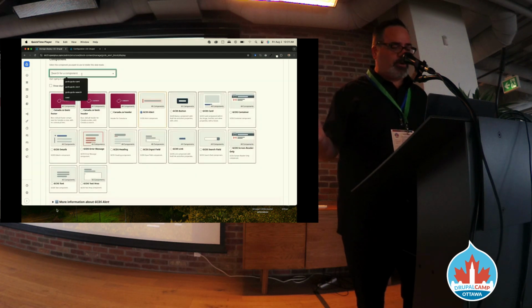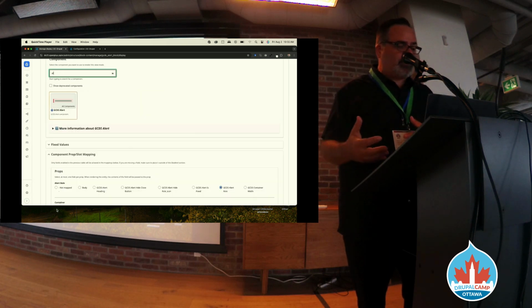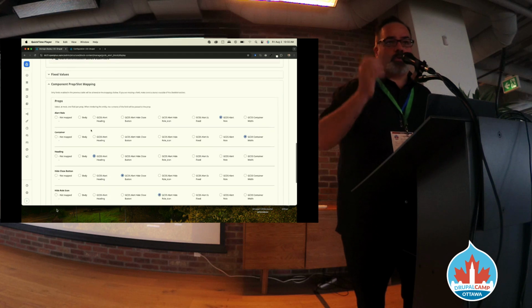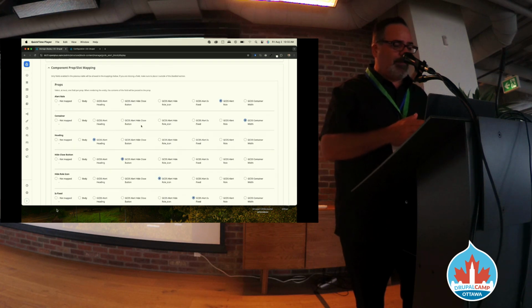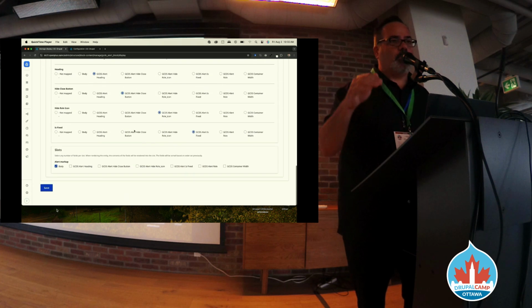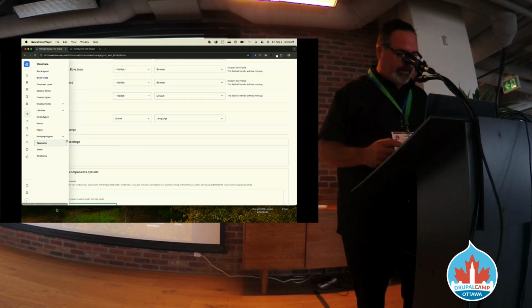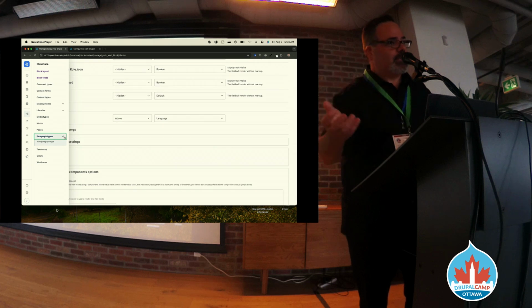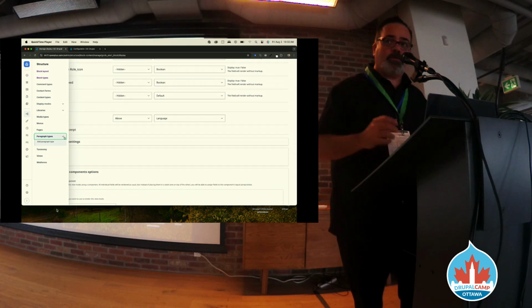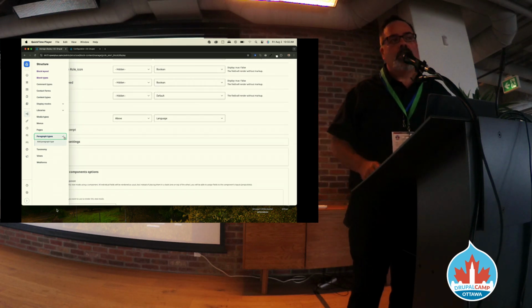Again, it reads out your components in your components directory, and when you're in manage display, you can pick the potential component that you want, and then you just map the props over to the fields that you have. And of course, they have to correlate, right? If it's expecting a string, you can't just give it a list, things of that nature. So there's a little bit of trickery to figure that out, but we've